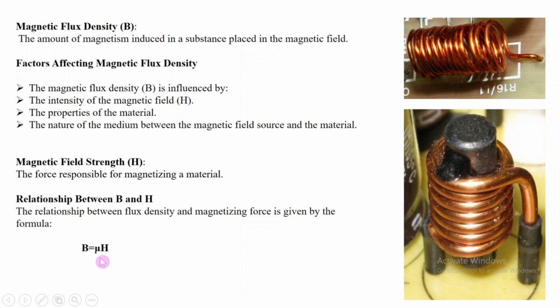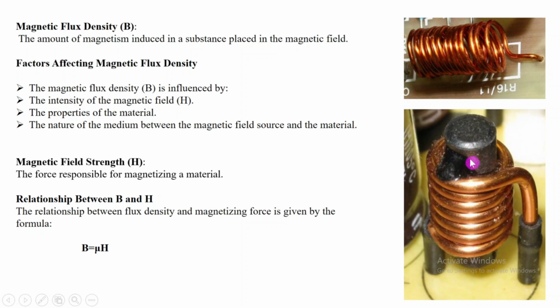Here this μ₀ is the permeability, and this is constant for a given material. So B = μ₀H. B is actually the magnetic field of the material. So if we provide the external magnetic field to this material, B will increase that external magnetic field by contributing its own magnetic field.